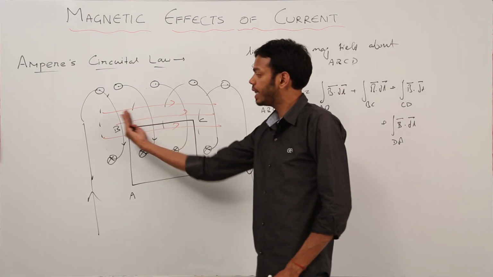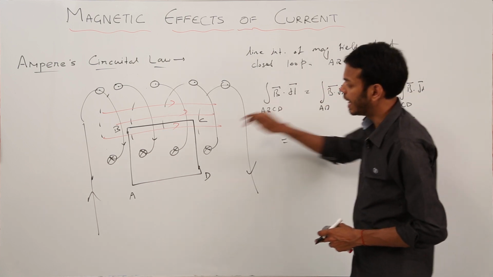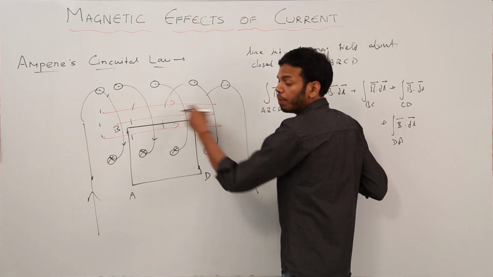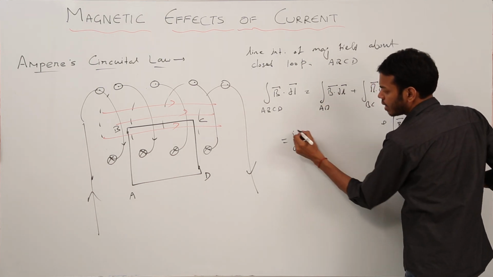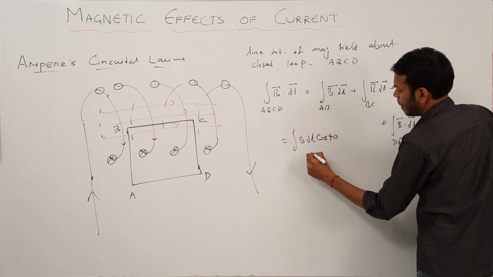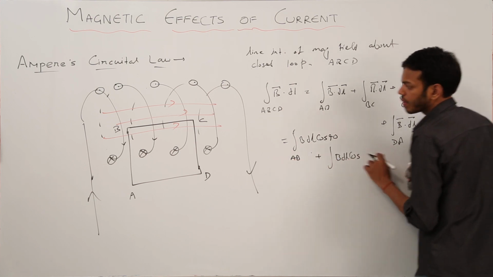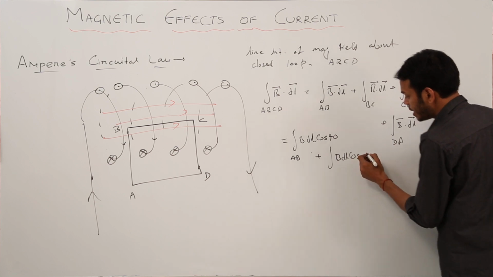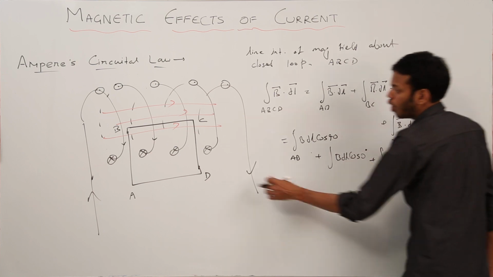Direction of magnetic field is in this direction, and the length after integration of this B dot dl would be from A to B, that is AB length. But no matter what, this AB is perpendicular to the magnetic field lines, that means theta is equal to 90 degree. So if you expand it in terms of dot product, it will be B dl cos 90 for the AB part, then B dl cos 0 for BC, because BC and the magnetic field are both in the same direction, that means 0 degree, plus B dl cos 90 for the CD part,